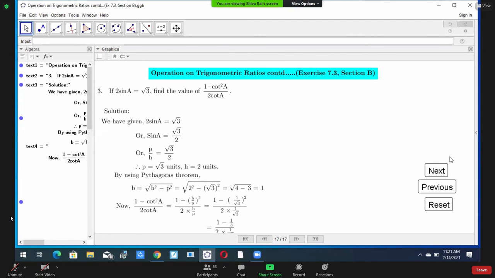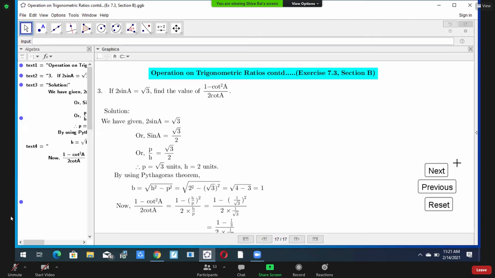Okay, number 8 I am going to do. In number 8, if sine theta equals A upon B, then here A is root A square minus B square, root tan theta equals A. It means we have to prove here. In number 3, we just had to find the value. But in number 8, we have to prove. So that means we have to prove or we have to verify.